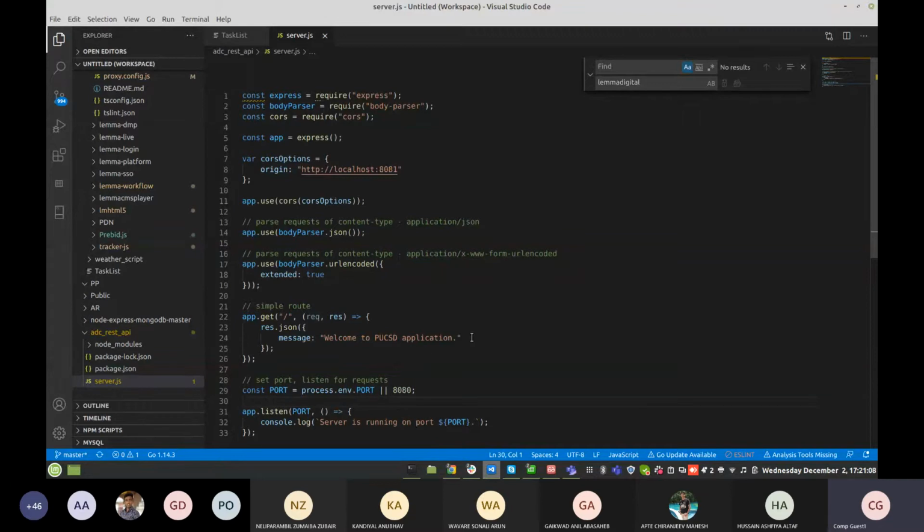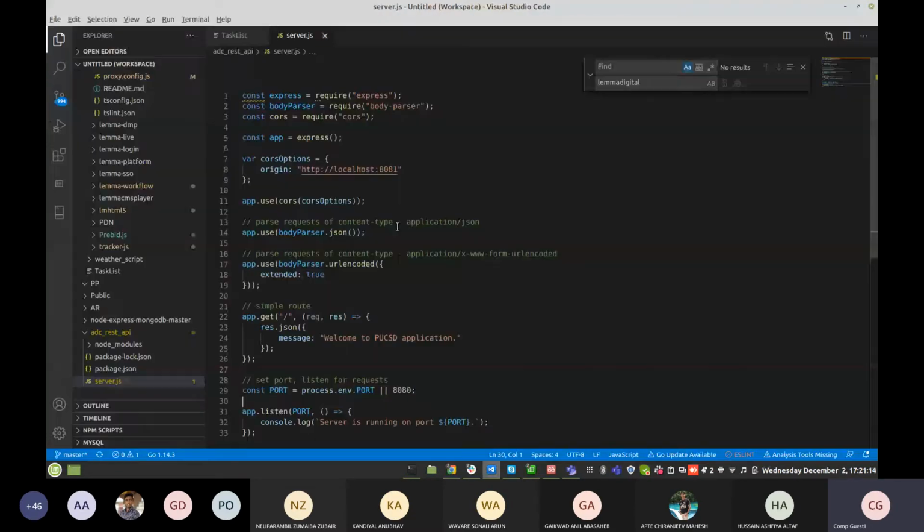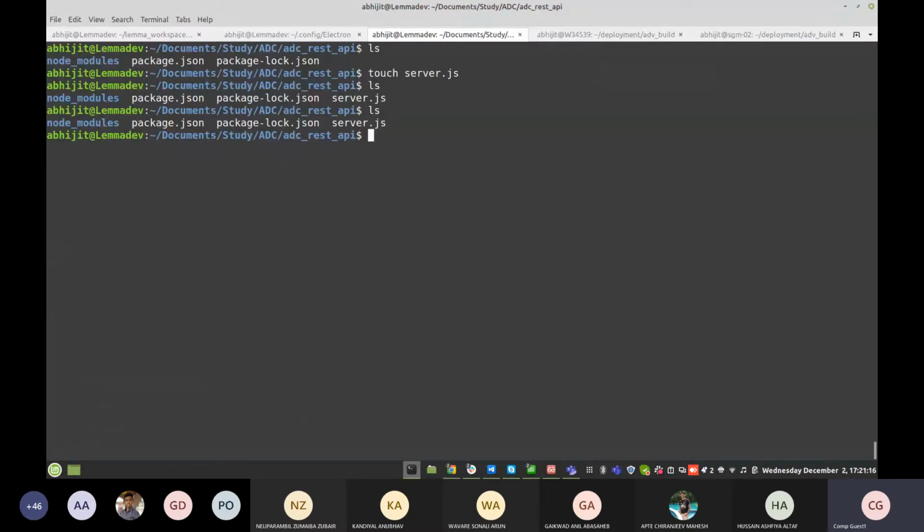So now let's try to run this file using node server. Now our server is running.